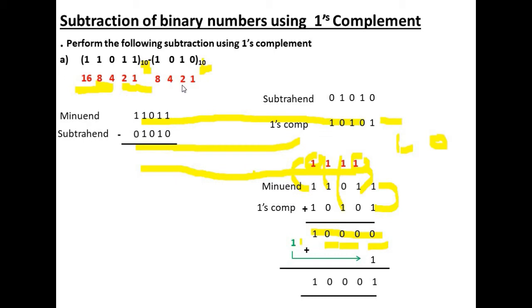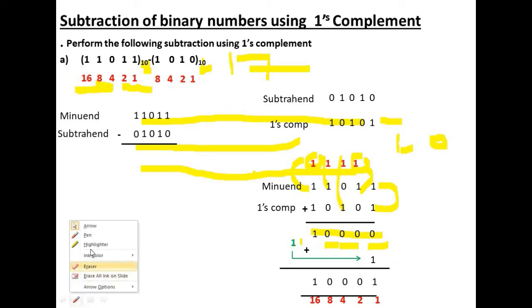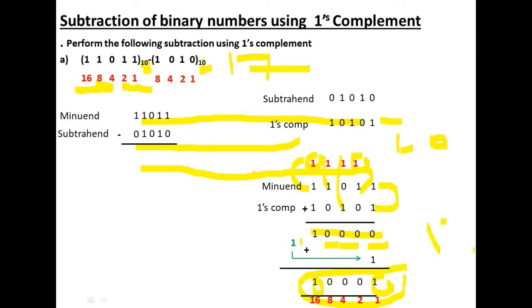With 27 minus 10, it is going to produce 17. It means we know the answer should be 17. Let us check whether this number is 17 or not. Here we see that putting this weighted sum number, we have got 16 and 1. So the output is given as 17. So this is the correct answer. In this way we can check whether our answer is right or wrong.